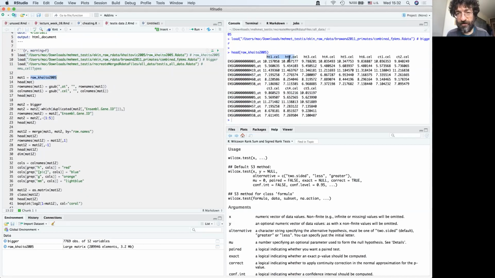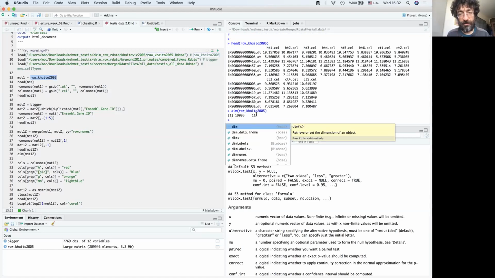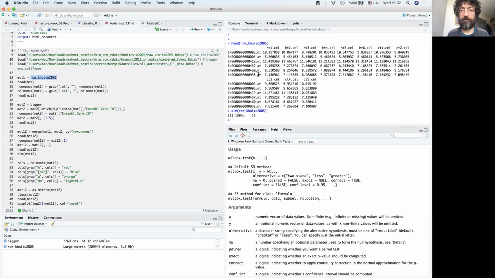The humans, HT for human testis, CT for chimp testis, and these are Ensembl genes and gene expression levels. How big is it? Let's check. About 19,000 genes measured on the microarray. It's been processed in slightly special ways such that the probes that do not match between human and chimp have been computationally removed, so the chip is fair to chimps.